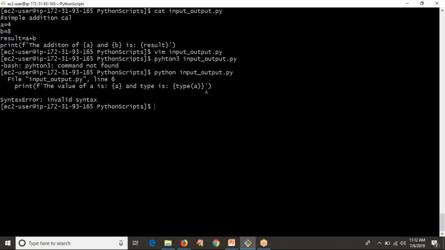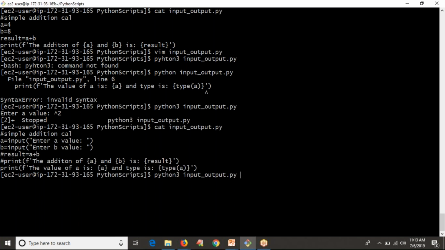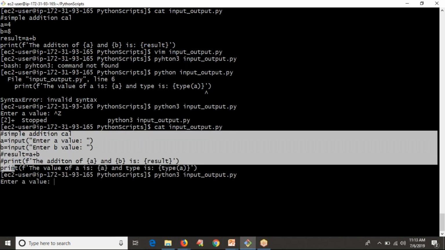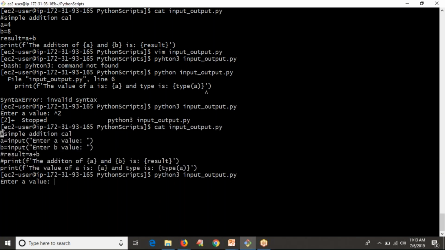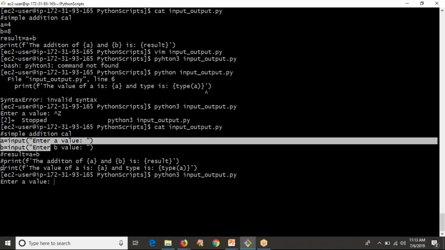Something is wrong. Where is it? Type of a, print. Okay, sorry, we are using Python, it's not Python 3, because we are working with Python 3 version. Only in Python 3 version we have f formatted strings. Okay, see that? Before that let me show you your script once. So this is your script. Whenever you run your Python script, it runs from top to down, and if any line starts with a hash, that line won't execute, simply it will skip. Now you have only 3 lines in your program, these two and this line.